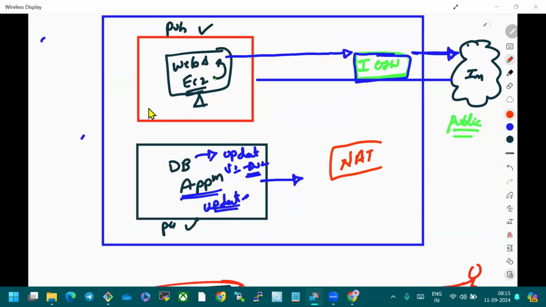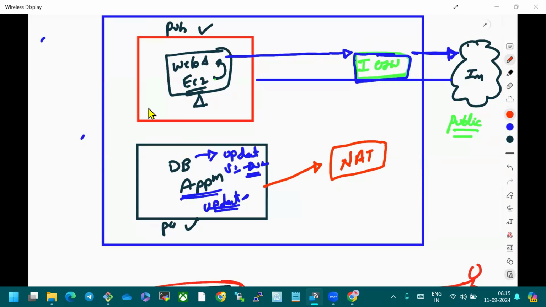What is this NAT gateway? Just like your internet gateway, there is another thing called a NAT gateway. What it will do? It will change your identity. Full form, Network Address Translator. The word itself says it is a translator. What will it translate? It will translate its identity.